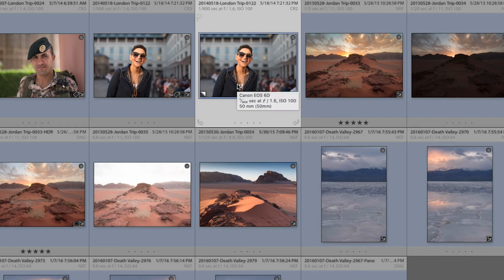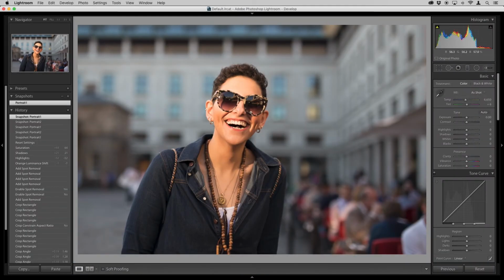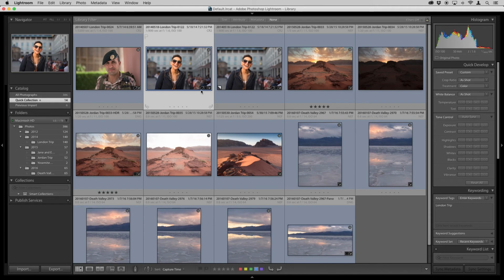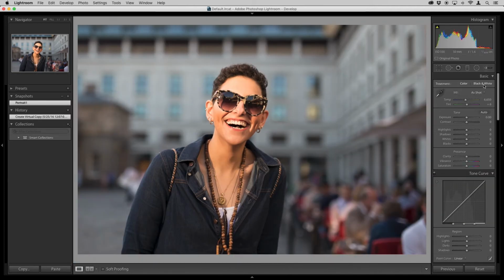Now, why are virtual copies powerful? If I wanted to create one look in this image and then have a completely different look in this image, and if I wanted to toggle between 2 kind of separate images, I can do that here. So let's give this a try. So this is my original image, and say I'm satisfied with this look, but I wanted to compare that look to maybe something that has black and white. Let's go ahead and do a quick conversion. I'm just going to hit black and white here.